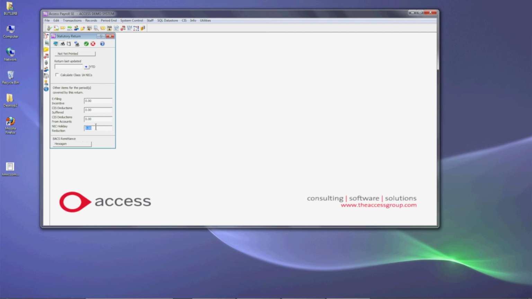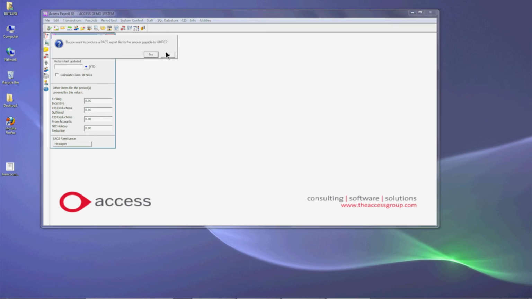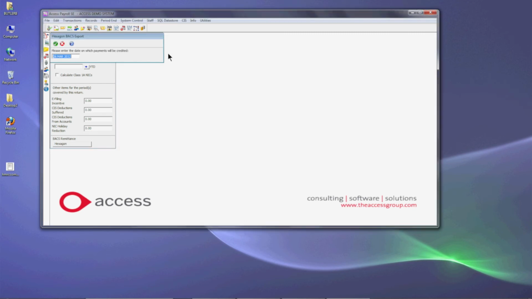Now, some companies will qualify for the NIC holiday scheme, which is available to certain new businesses starting up in specific areas since September 2010. If this applies to you, you need to enter the correct amount in this field. However, for the rest of us, we simply go ahead and click the green tick. We're going to produce the BACS export file for the payment to HMRC,